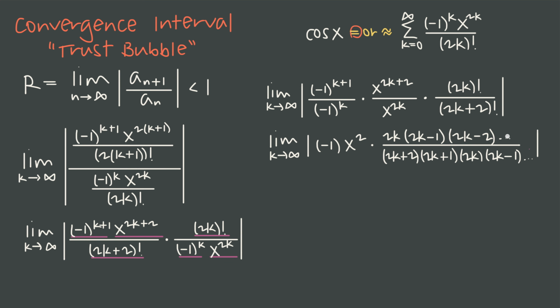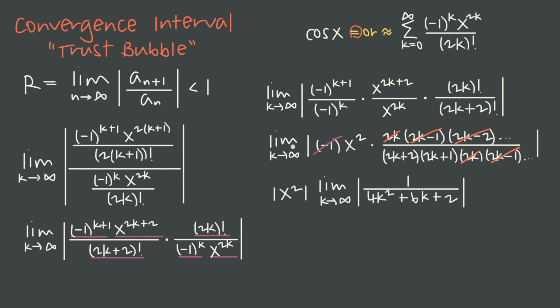What happens though, when we write that out, is that we see that we can cancel the matching 2k's and the matching 2k's minus 1, and we imagine that if we continued these on forever, everything past these terms would also cancel. So this 2k minus 2 would also cancel with the next term in the denominator. We also know that because we're taking this absolute value, this -1 is going to go away, and therefore, if we rewrite this, we recognize that all we have left is the x squared, and then what remains from our